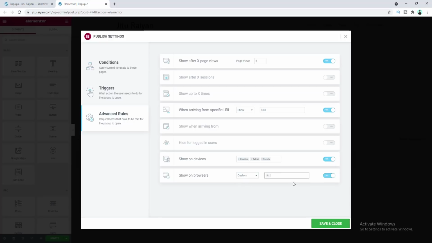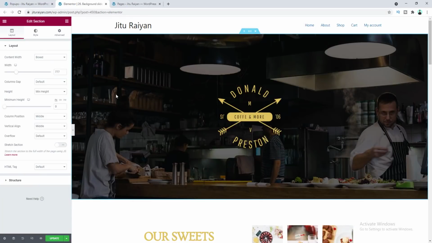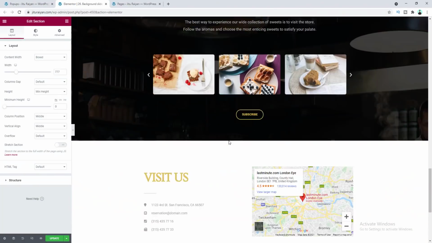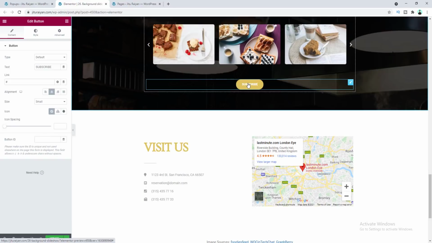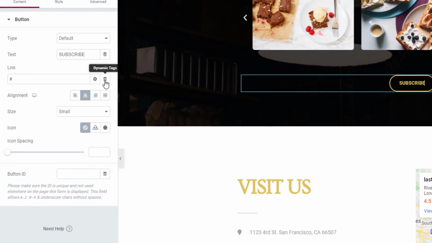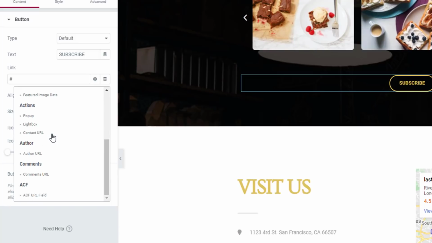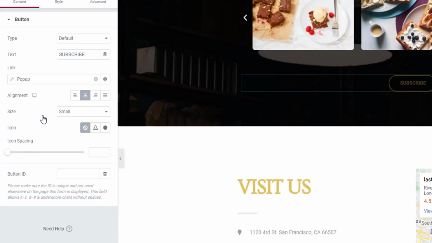So here I don't want to do anything with that, so let's close this. Instead, here on this page, for this button, when I click on this, I want to show this pop-up. So we can also do that easily from the button's link option. If we go to the link dynamic tag option and choose the action to pop up, and from here